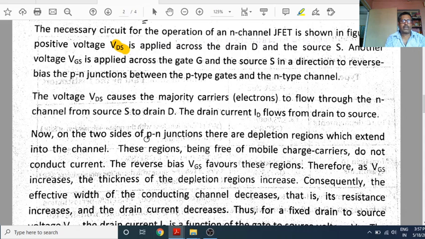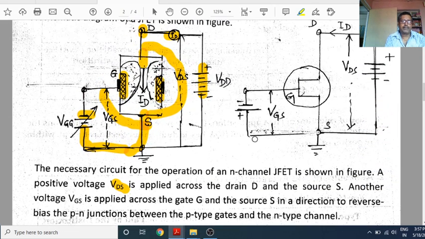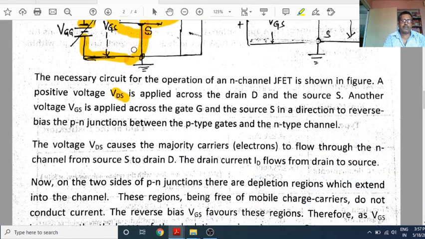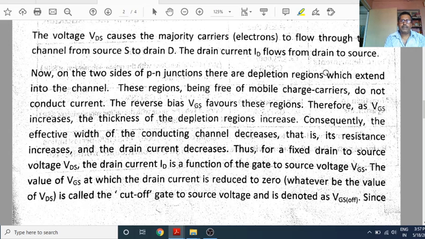Now on the two sides of the PN junction, there are depletion regions. This is P-type and this is the N bar. You have read in the PN junction diode that at the junction, holes and electrons combine and there is a depletion region. So the depletion region is already here, and it extends into the channel.